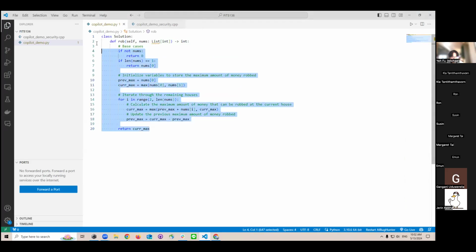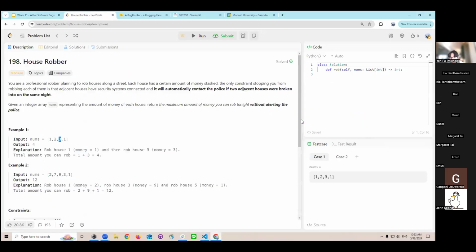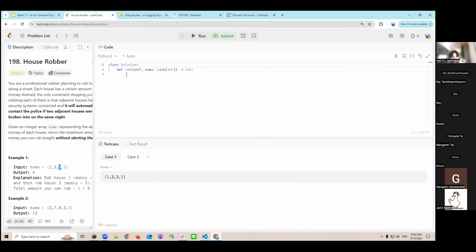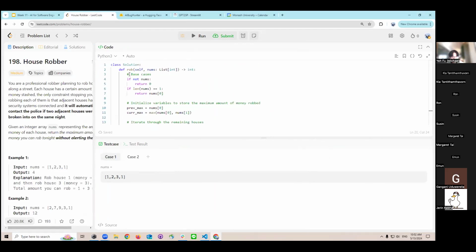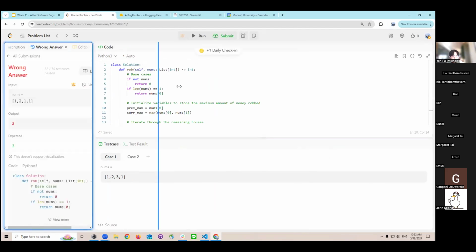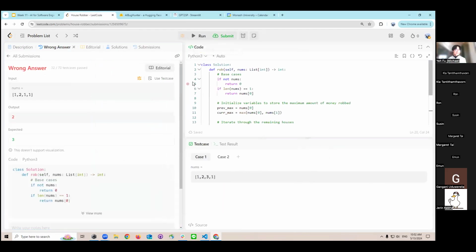So it has generated something for us, and let's try whether this works or not. I'll just paste it here, and then we try to submit our code. Okay, wrong answer. So it couldn't generate the correct answer.